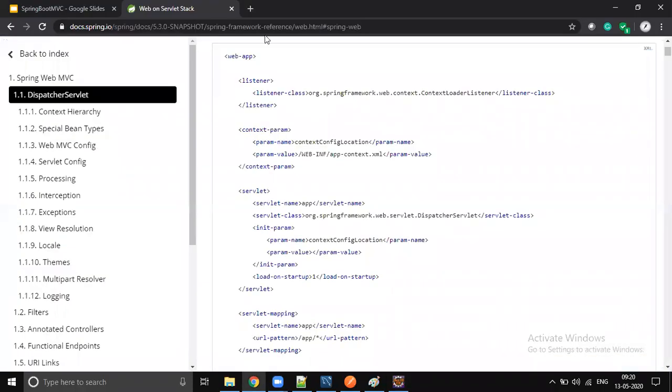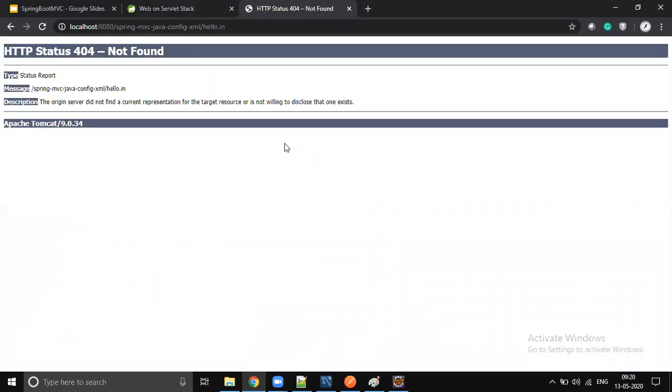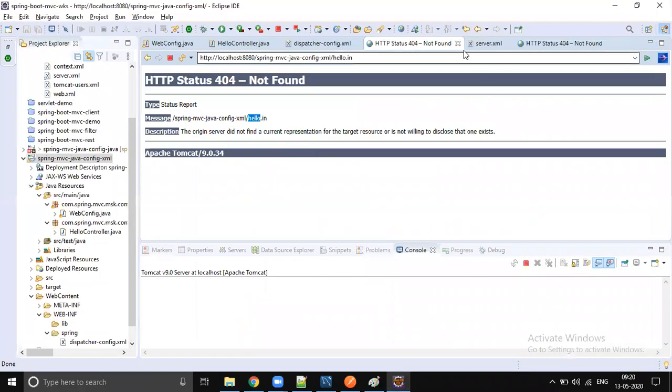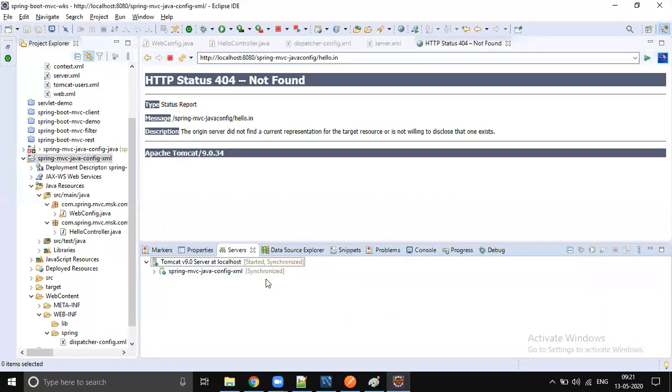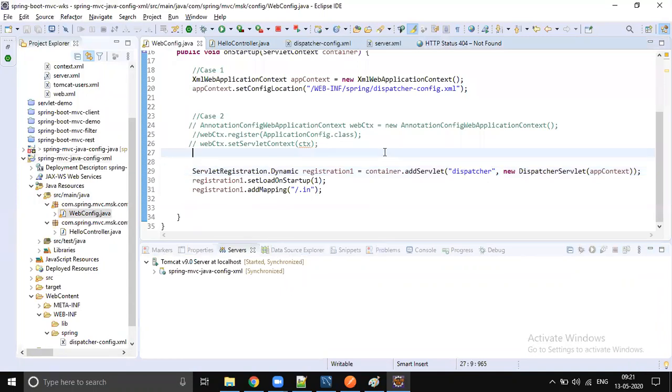Let's go to the browser and try. Spring MVC Java config XML hello.in. Things look good. I don't see any issue.